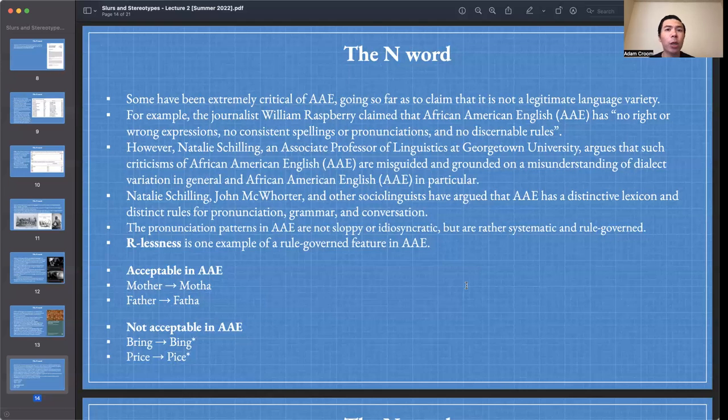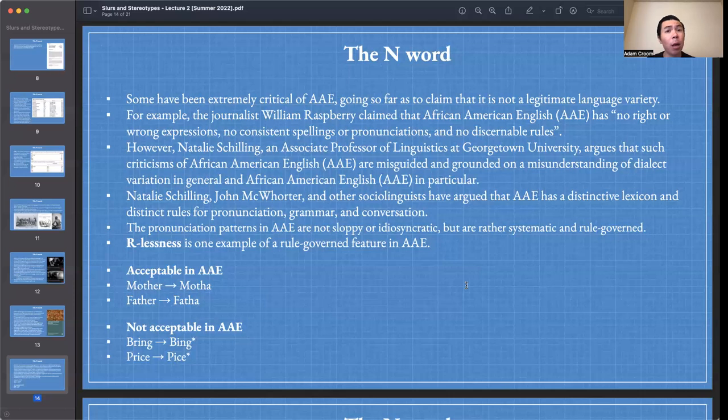If we speak different languages, then we can't communicate with each other, right? If I'm speaking Korean and you're speaking English, then there's no communication going on between us yet. But if I'm speaking AAE and you're speaking SAE, we can still communicate in English, okay? Even though you might think my English is too vernacular or informal, and I might think the opposite, like, you're too uptight and too formal, okay? So that's the difference between a language and a dialect, okay?